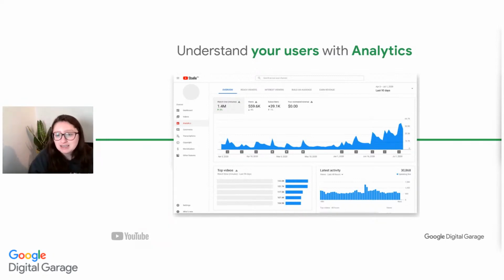YouTube Studio has a menu on the left-hand side, and within that menu, you have the option to look at YouTube Analytics. Now, this analytics gives you a full breakdown on who's watching, the time of day that they're watching, where in the world they're watching from, and it even starts to give you details on how long viewers stayed on specific videos. So go and check out, if you haven't already, the YouTube Studio and have a look at those analytics that you can find in the menu on the left-hand side.